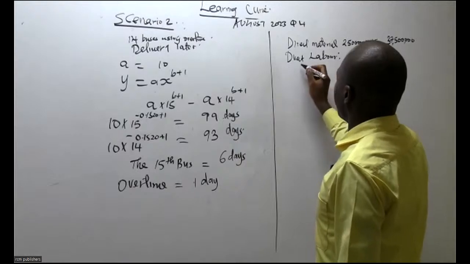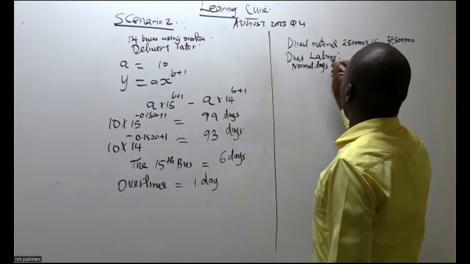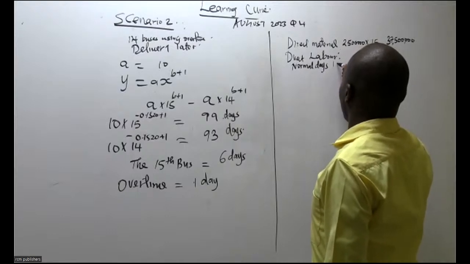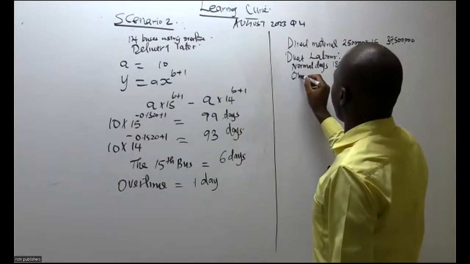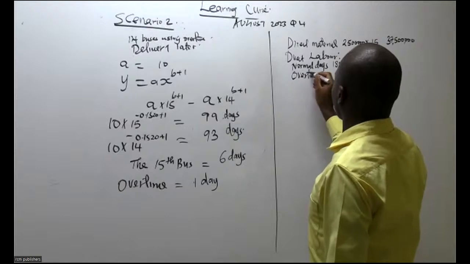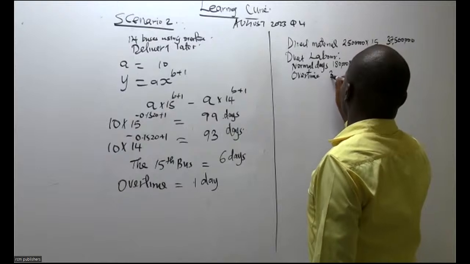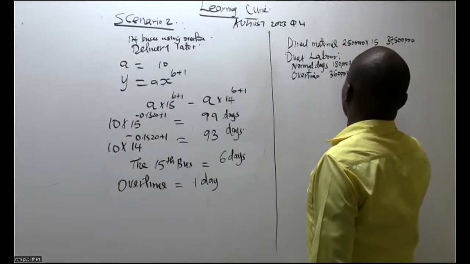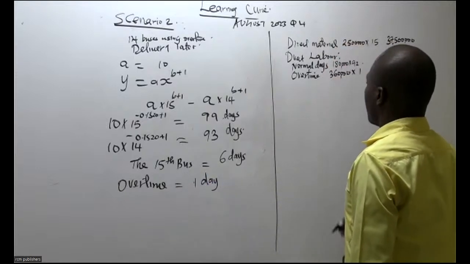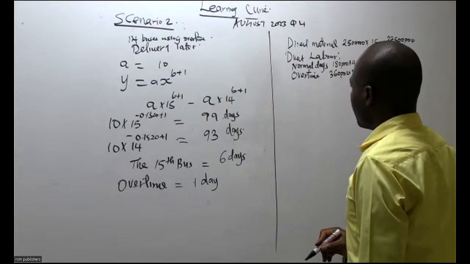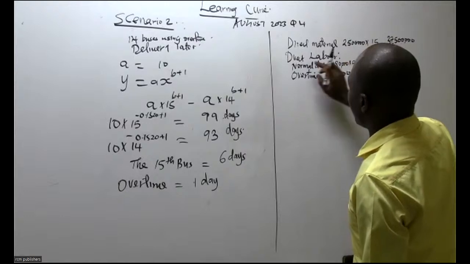My direct labor is divided into normal days, which is equivalent to 180,000 by the normal days. Then we have overtime, which is equivalent to 360 times the overtime number of days, which is 1. Having done that, remember this cost that we are incurring here, the direct labor,